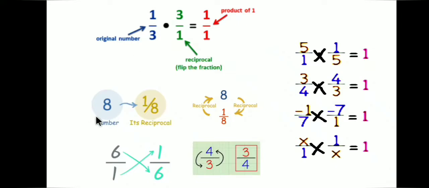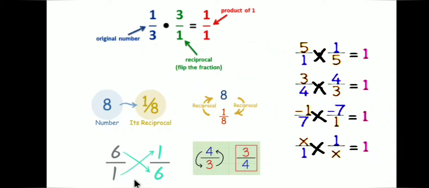Let's take some more examples. If we have a number 8, and nothing is mentioned below the number or numerator, this means that in the denominator we have the number 1. So 8 can be written in the form of 8 upon 1. When we interchange the position of numerator and denominator, we get the reciprocal of 8 as 1 upon 8. Similarly, the reciprocal of 8 is 1 upon 8 and vice versa is also true. The reciprocal of 1 upon 8 will be the whole number 8.